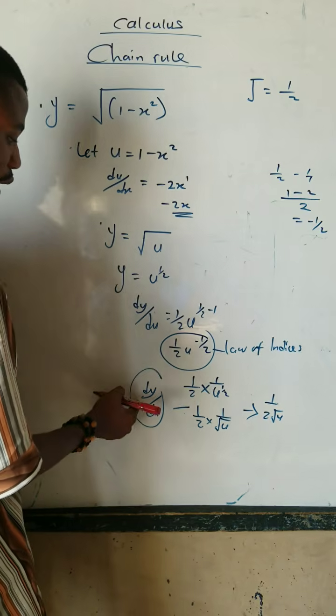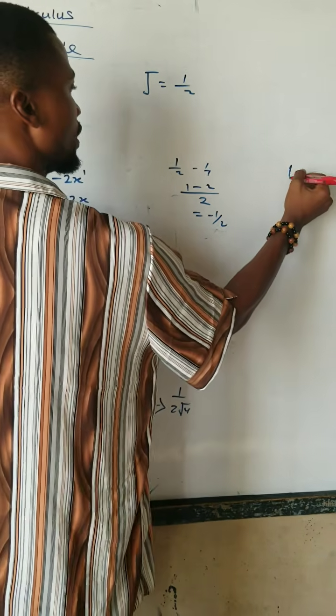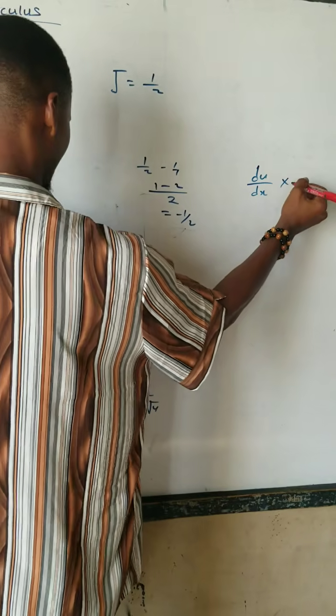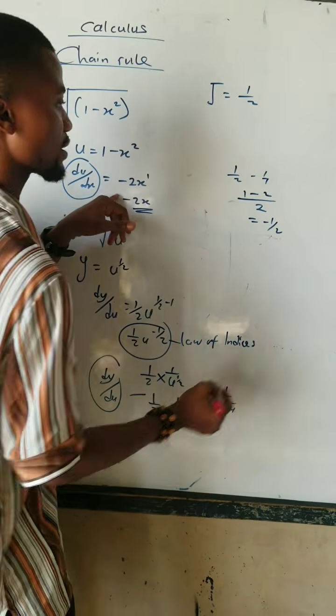So combining dy/du and du/dx together, I will have to say, which will now be du over dx times dy over du. Now, du/dx is minus